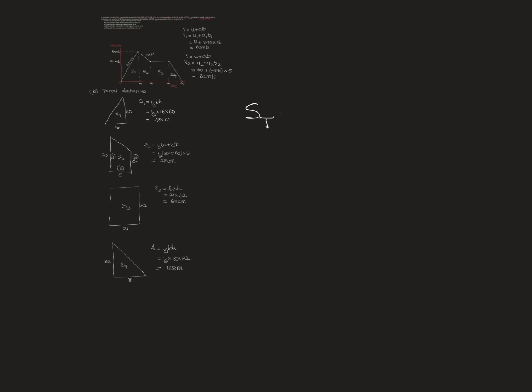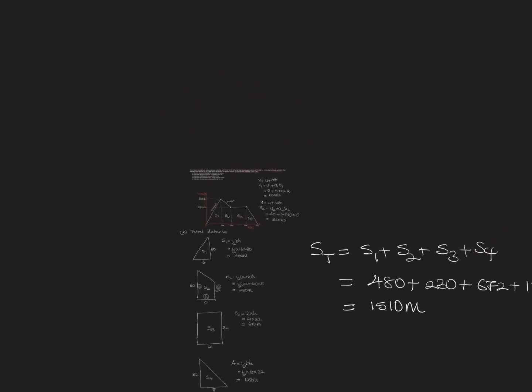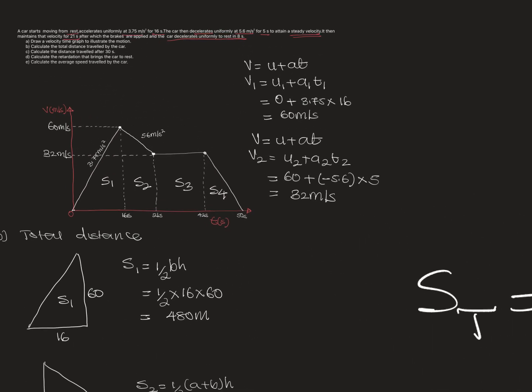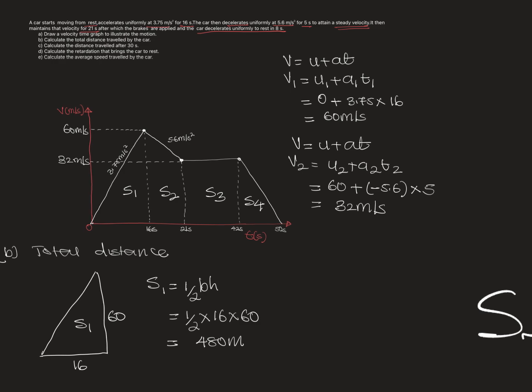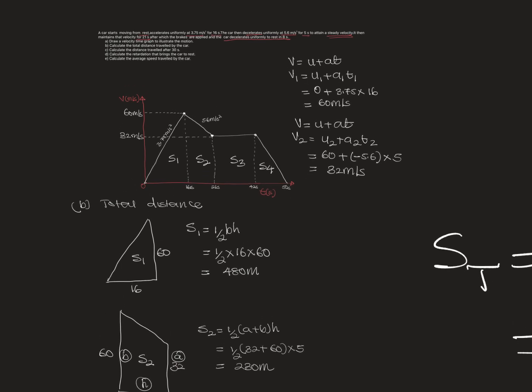So if you look at it, the total distance will be S1 plus S2 plus S3 plus S4. This will be 480 plus 230 plus 672 plus 128, and that will give me 1510 meters. So that is question B. It says calculate the total distance traveled. Then the next question is